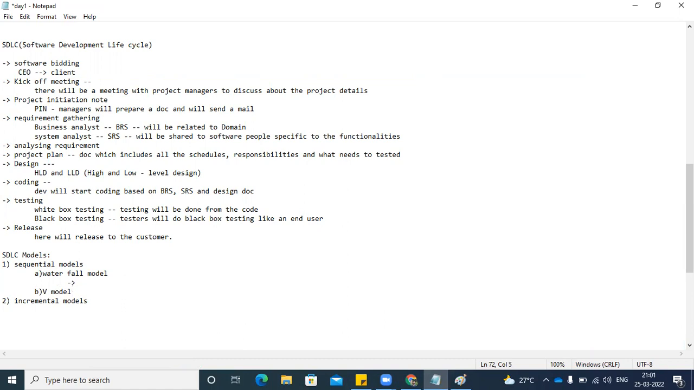Coming to the waterfall model, it will be suitable for small size projects, and it is very easy and clear to understand. And some of the disadvantages are,